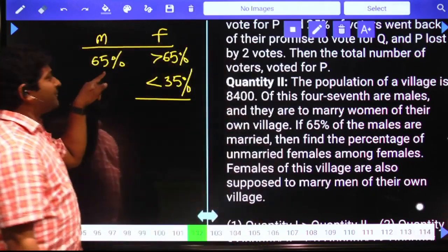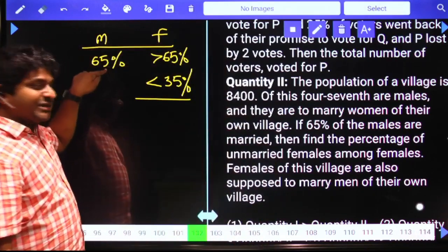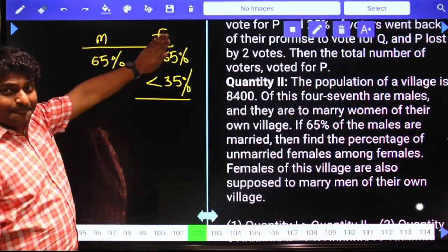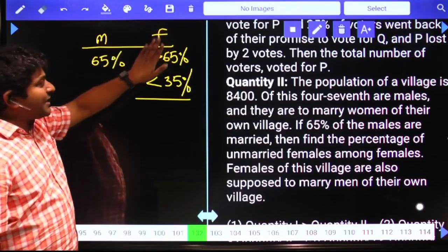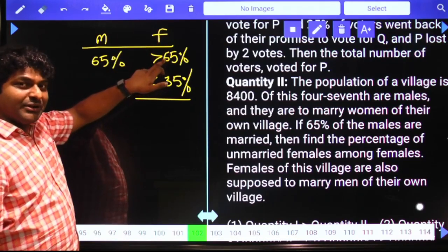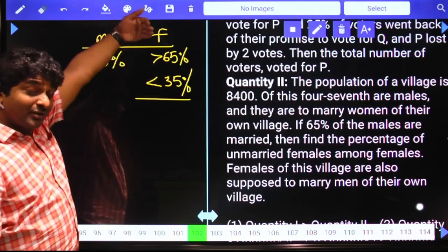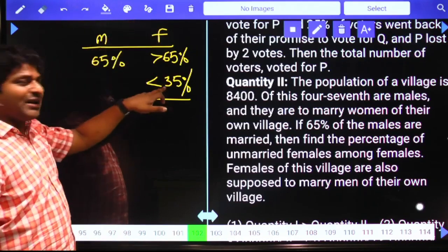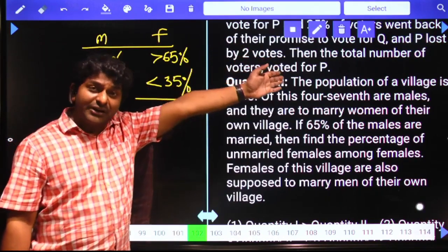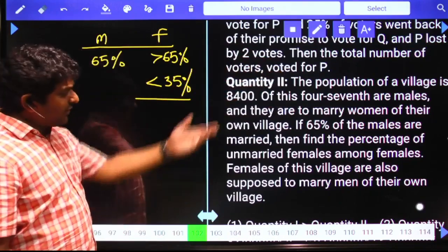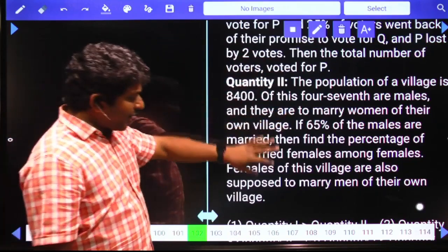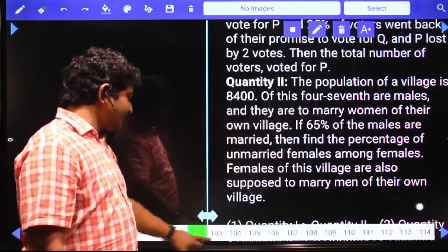సేమ్ లాజిక్ ఇక్కడ మాట్లాడాం. మెన్ ఎక్కువ ఉన్నారు. మెన్ లో 65% మ్యారీడ్ పీపుల్, సేమ్ నంబర్ ఆఫ్ ఫీమేల్ ఆర్ మ్యారీడ్. సేమ్ నంబర్ మ్యారీడ్ కాబట్టి ఫీమేల్ తక్కువ ఉన్నప్పుడు తక్కువ ఉన్న నంబర్ మీద పర్సంటేజ్ ఎక్కువ అవుతుంది. 65% ఆర్ మోర్ పీపుల్ ఆర్ మ్యారీడ్, దెన్ అన్మ్యారీడ్ ఆర్ లెస్ దెన్ 35. Here itself we are done with the answer because you already know Q1 is equal to 49 and Q2 is less than 35. You are done with the answer. ఆన్సర్ చేసి చెప్పాల్సిన అవసరం లేదు. మనకి ఆప్షన్స్ చాలా ఇంపార్టెంట్.